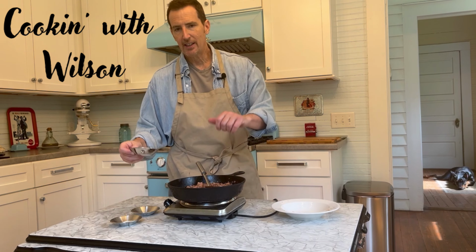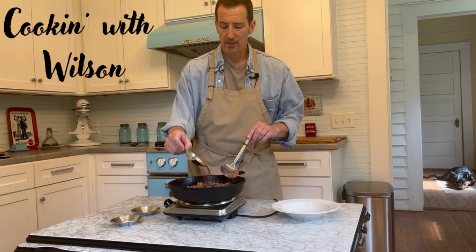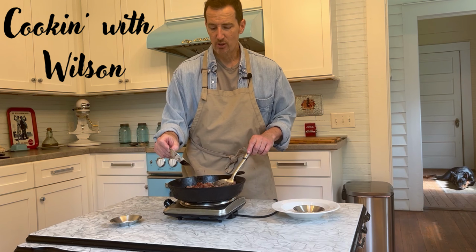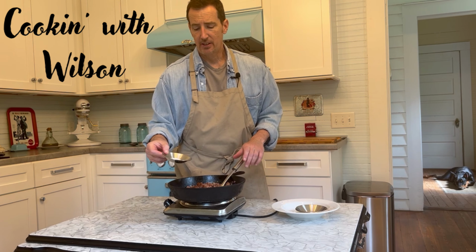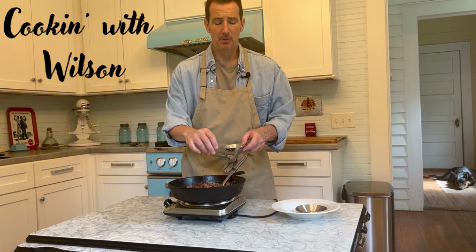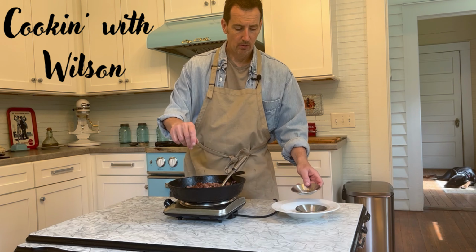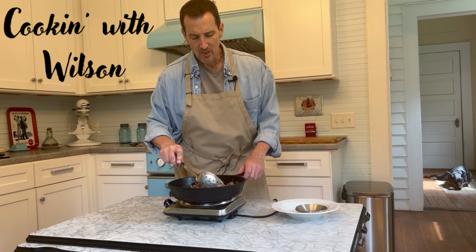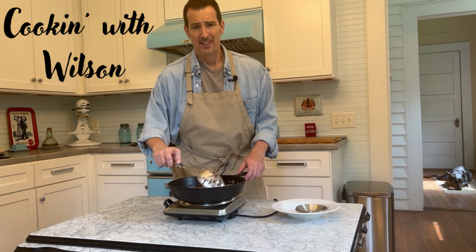So next up, we're going to add even more of a boost to this thing, okay? We got some chili powder we're going to put in there. A teaspoon of that. A half a teaspoon of cumin we're going to put in there. And we got salt and pepper to taste, y'all. So we're just going to put a little bit of that in there. It really depends on how much you like. And that's what we're going with. Now we're going to get this all stirred up. Let these flavors blend together, y'all. And next up,